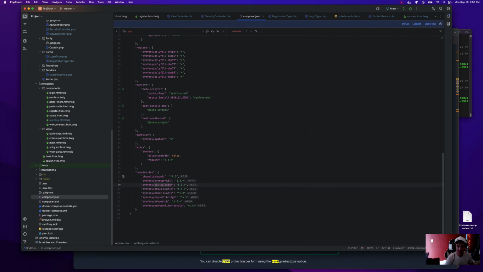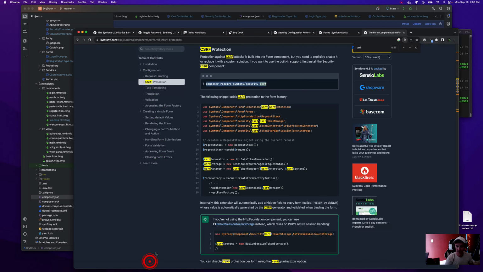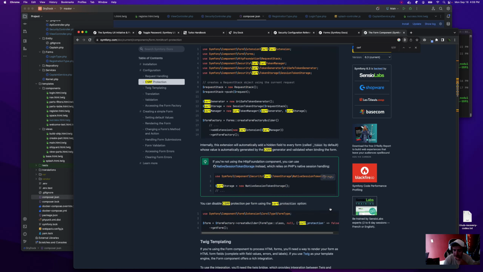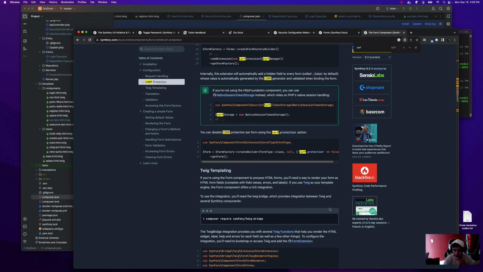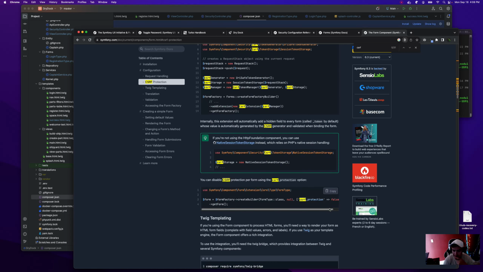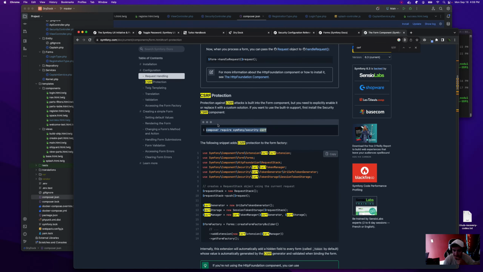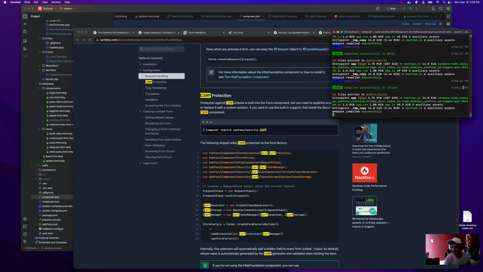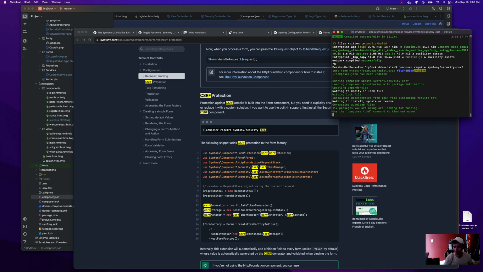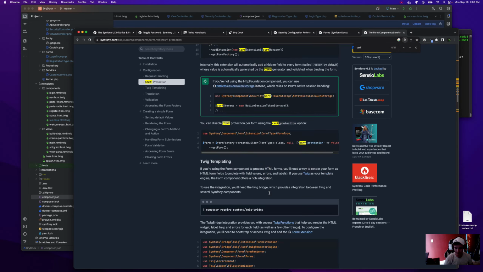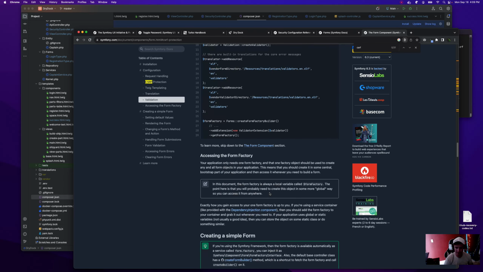CSRF. I don't. Wow, no kidding. Every form automatically gets CSRF protection if you add that. And I don't need it, or I don't need to do anything for it, is what it's saying. Let's go ahead and just get that right now. Why not, right? Might as well do it right while we're here. There we go. We shouldn't have to worry about any of this stuff.